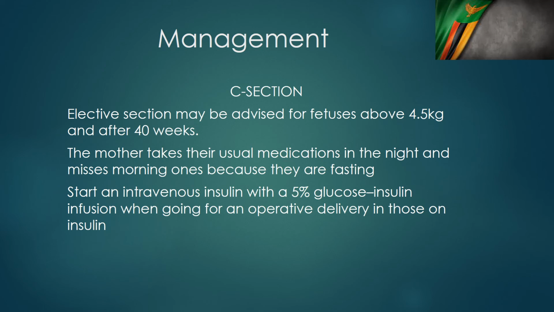It's important to remember that these deliveries should be done very early in the morning so that we prevent the risk of ketosis. If the woman is kept starving for a long time, she'll go into ketosis and those complications. So it's better to do these procedures